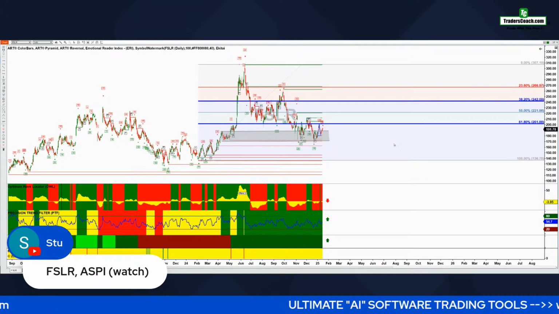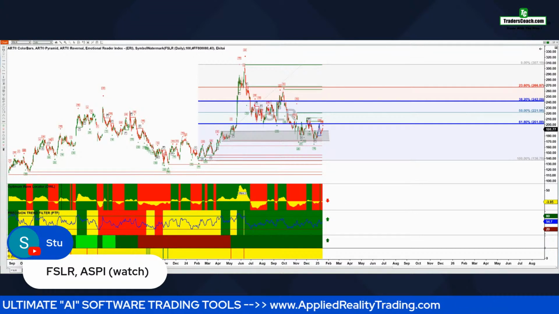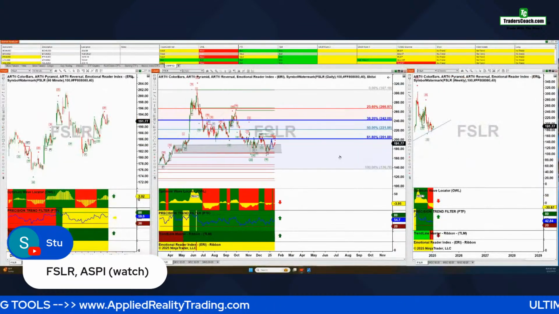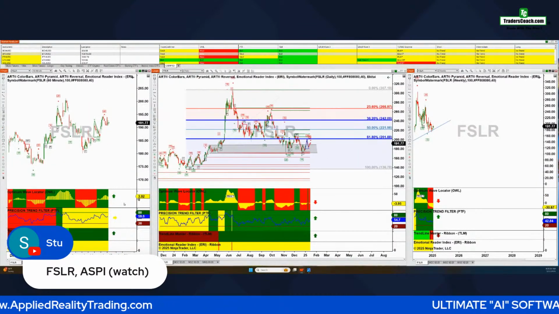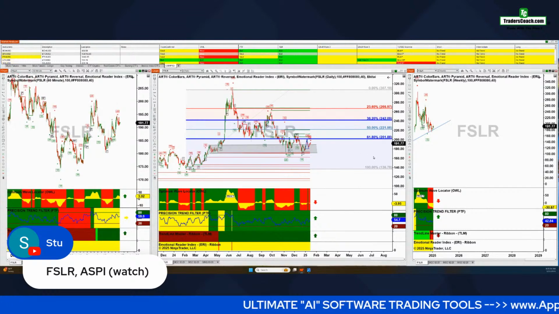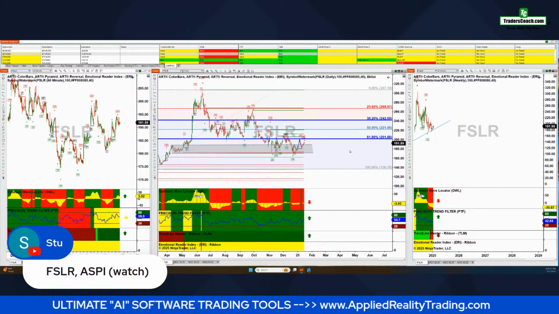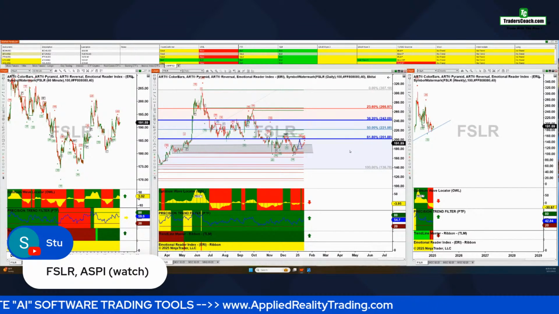You have a green PTF, a little bit of red here, but I'm not so worried about that because you have bullish divergence building. So that's a good sign there. We're getting in near the bottom, so that's another benefit of taking the risk of not being too super perfect. I'm thinking, okay, little riskier than normal, but let's put this in here, FSLR as a buy for today with